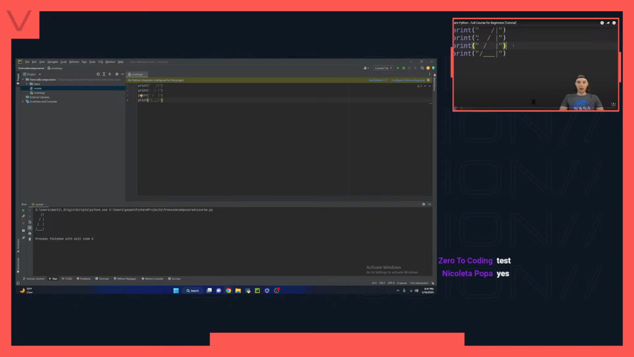Lines of code that we write in order. So the order in which I write the instructions matters a lot. So for example, if I was to take this last line here and